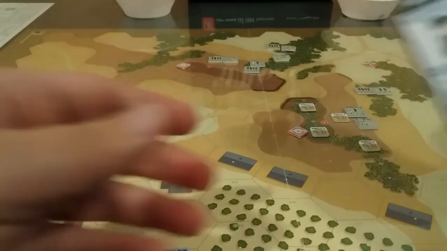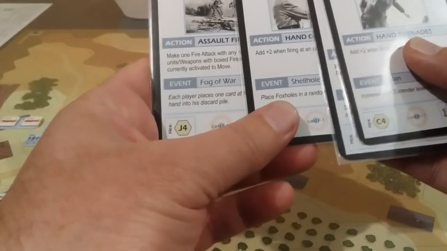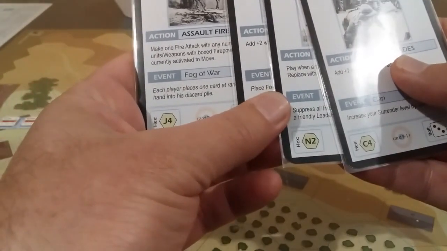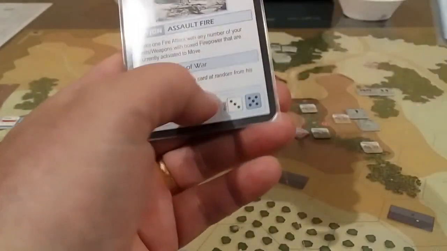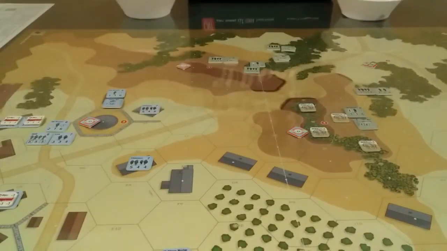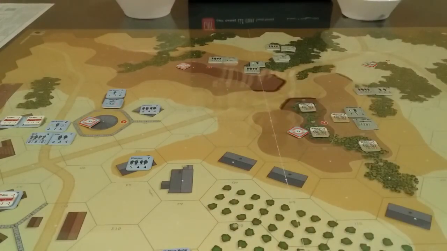And we have rout, fire, recover, advance. Okay. So again, what we're going to do is we're going to use the advance on Sergeant Russo and his mob. No, we're not. First thing we're going to do is we're going to use the recover. And we're going to try and recover some more of these troops. So the first one we're going to try